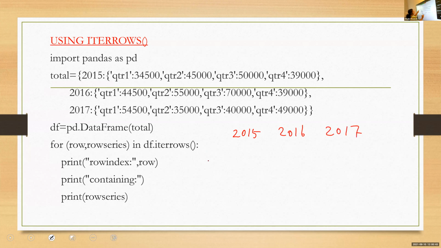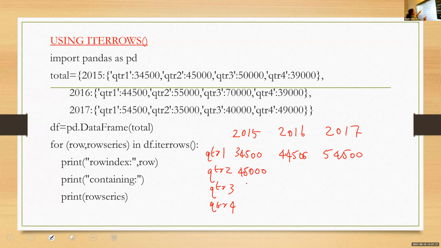Within that, QTR1, then QTR2, then QTR3, QTR4. After that, according to QTR1, the values are 34500, then 44500, then 54500. Then QTR2 is 4500, 55500, 3500. QTR3 is